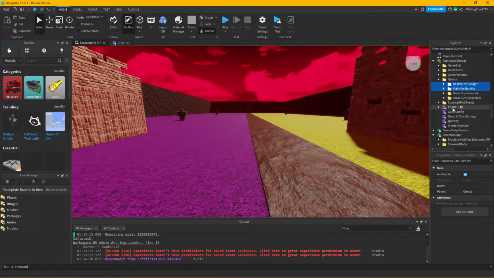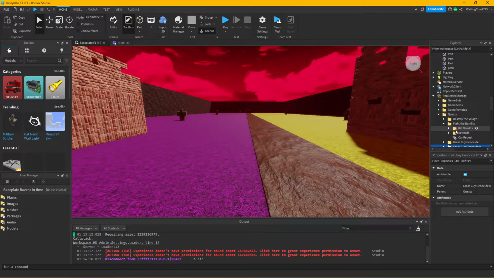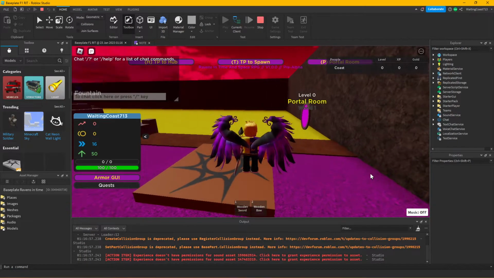But essentially, this is the, you know, either or. So this is going to be Goblin for kill the bandits, and then for destroy the village, this is going to be Deep Goblin. But essentially what this should do, and if I'm correct about this, my theory here is that